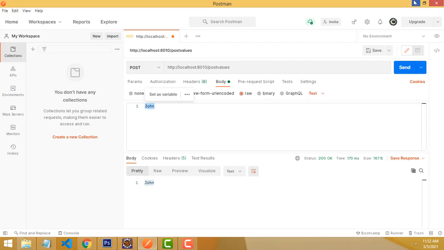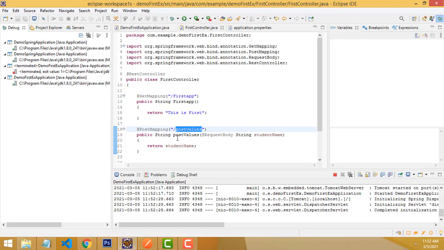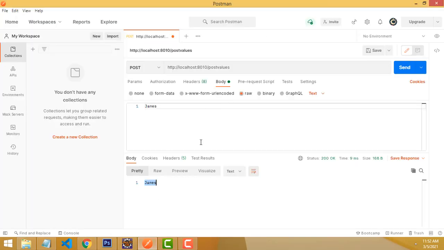Right. Now here we have James. Click send. Now it is James, right? Whatever value is in the body, it's for testing purposes. We are using Postman, so here we have to select the body. This is a post row. This is like a form. Whatever value you are sending here, when you click here it will be sent to the browser. It will be working successfully. This is how the application works.